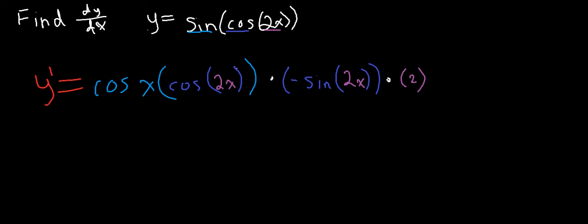So now we've done the calculus. We can do all of the simplifications. And so I'm going to get a cosine times a cosine of 2x. So very simply, this is going to end up being negative 2 times the sine of 2x times the cosine of